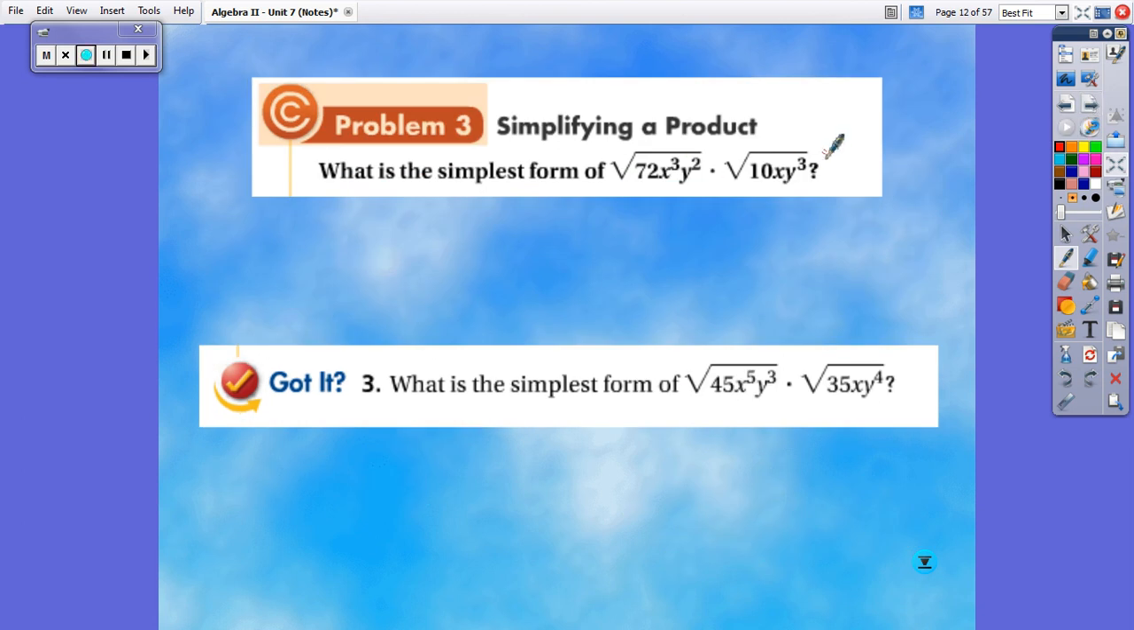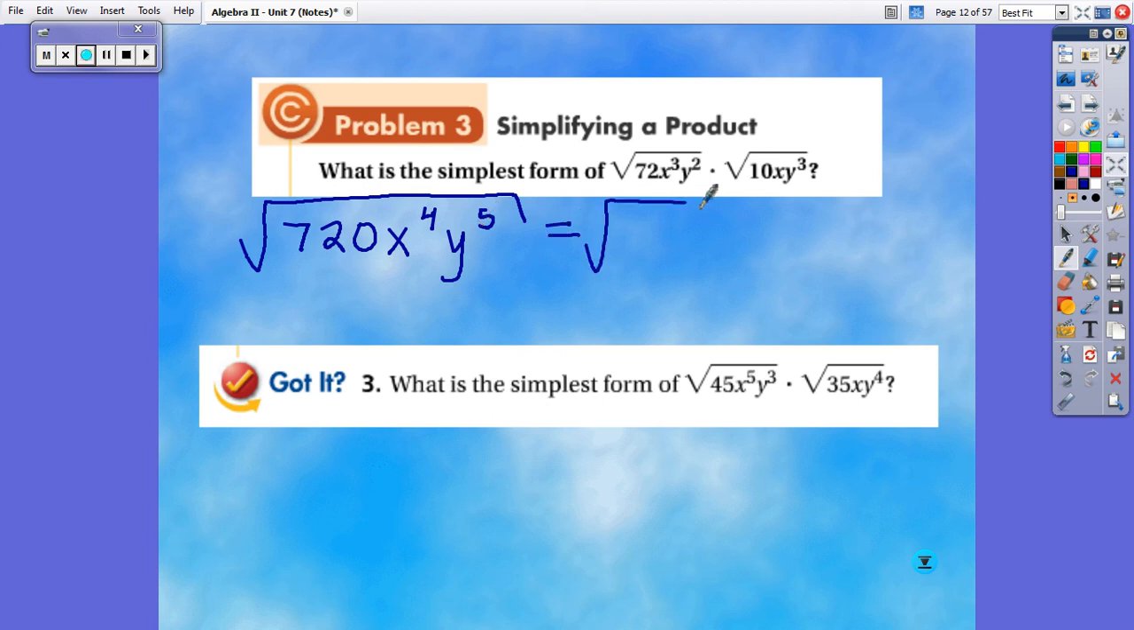When you're multiplying products together, you're still going to do the same thing. You're going to multiply everything underneath first and then simplify as much as possible. So let's do that. If I multiply everything underneath first, I'm going to get the square root, we like square roots, they're pretty easy, of 720 times x to the 4th, y to the 5th. And then we can break this down, and that's really the same thing as